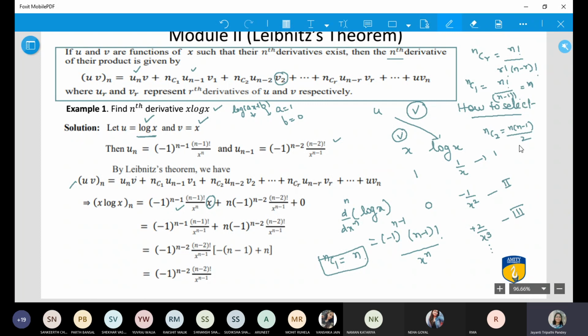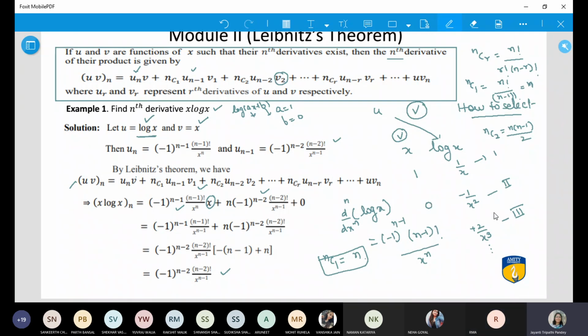All these things you have done in class 12. I'm just giving a hint of it. And when you take the third term, obviously the third derivative of v will be 0. First derivative, second derivative, then 0. So you will end this series in two terms, first term and second term. Third term onwards it will be 0. Now see, whatever common you are getting, you take out the common and the output is calculated. Is this okay? Yes, ma'am.